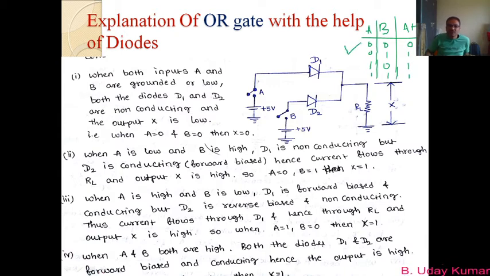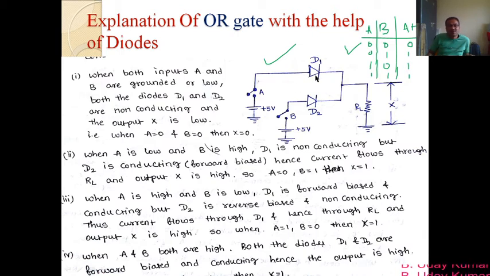This operation, this truth table which shows the operation of OR gate, can be understood with the help of this circuit. In this circuit we have diodes now. That means we can understand this truth table with the help of these diodes. We have two diodes, D1, D2, and we have plus 5 volts here. Plus 5 means that we are applying high potential. Plus 5 is taken as 1, and grounded means 0 potential, low potential, which is taken as 0. This is the load resistance across which we find the output here. So this is a circuit which helps to understand the operation of this OR gate.